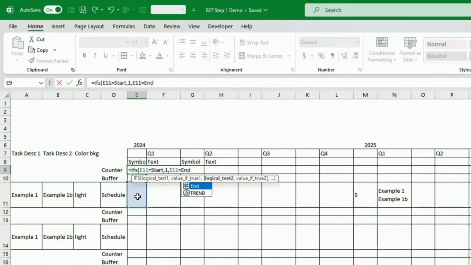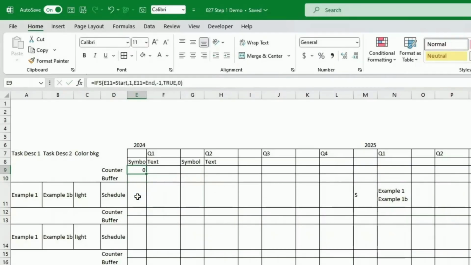I will be using that for the conditional formatting to know if the task should be within that time frame. I'm noticing that when there is an S, there is a 1 above. And if I remove the S,